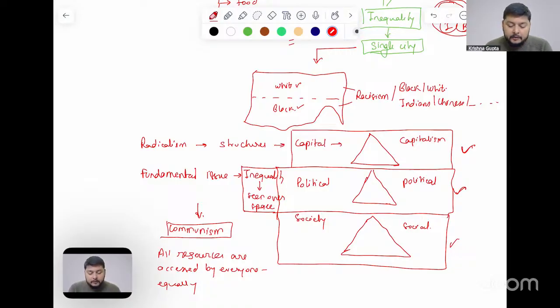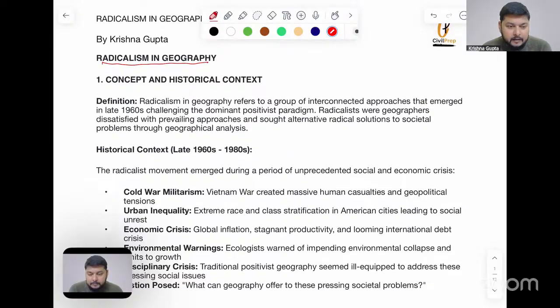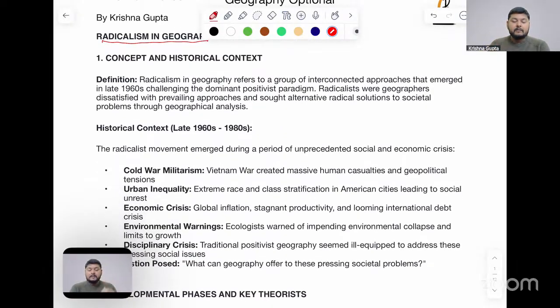So to overcome these issues, we need to destroy the structures which are prevalent in the various regions of the world. When these structures are destroyed, communities will be developed which will have control over all the resources, and this resource control will be equally distributed among the people, and they will enjoy all these resources. So this was taken up as an important part for the context of radical development. Now let's look at its historical context and its development.